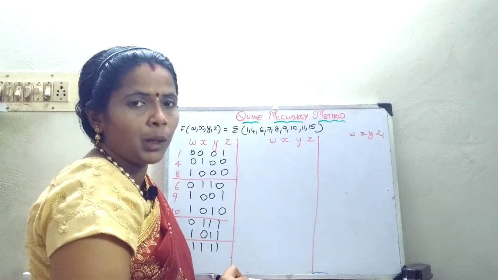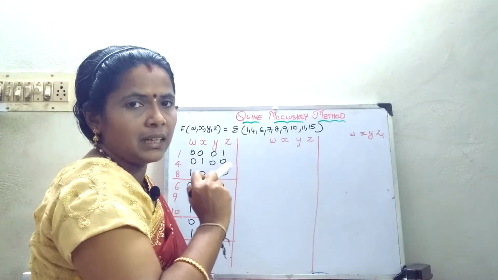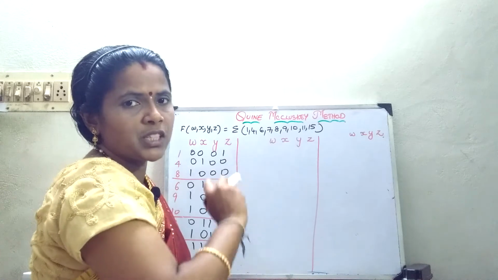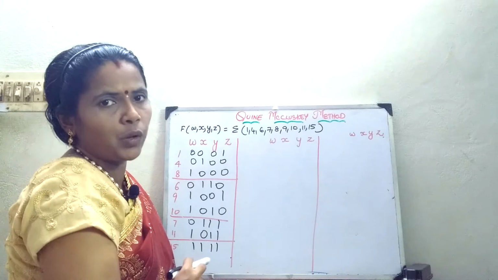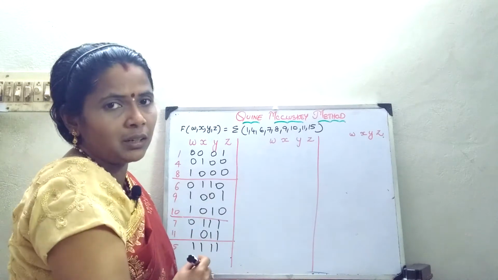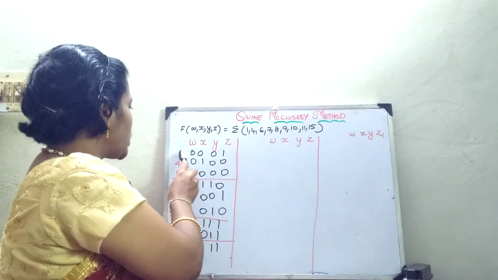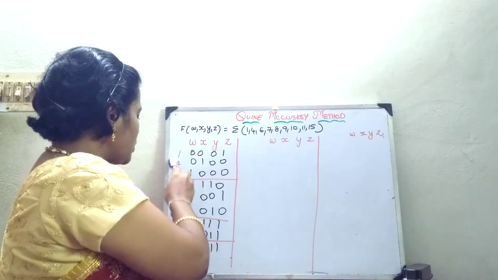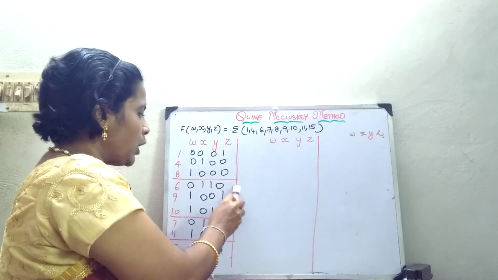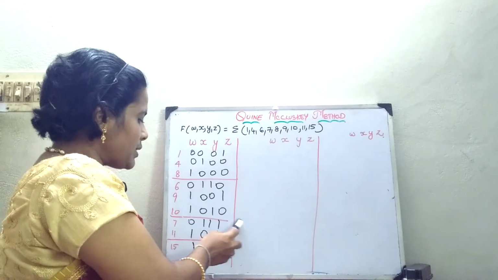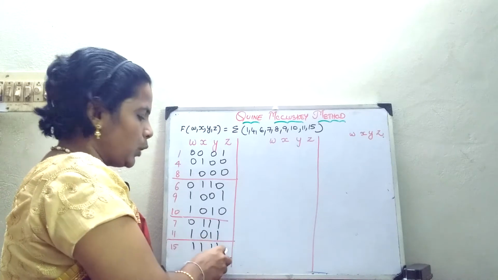What have we done in the K-map? In the K-map we were checking row wise and column wise the variables or literals, for writing each min term. The same process we are going to do as per the procedure described. Okay, so now you have written this. Now what am I going to do? I am going to check all the variables in the first column with the second column. All the variables in the second column should be checked with the third column. All the variables in the third column should be checked with the, I am sorry, it's not column, row. The third row should be checked with the fourth row.